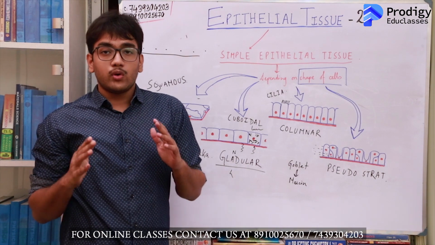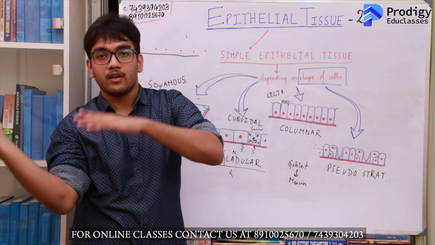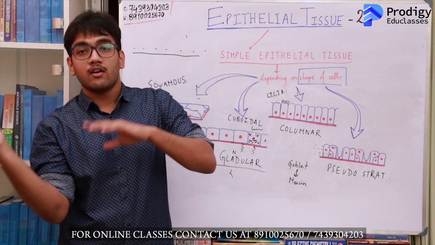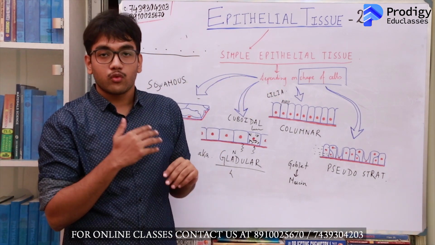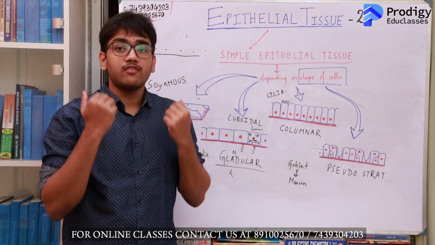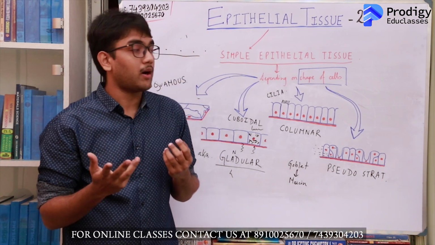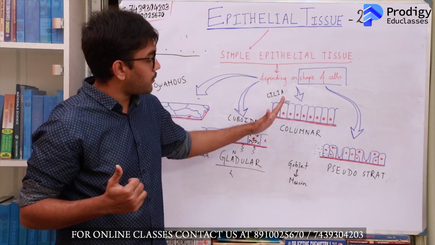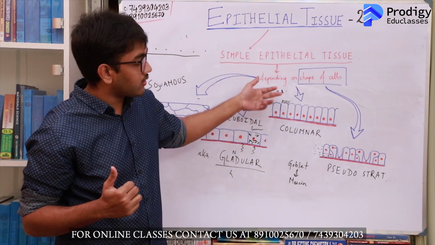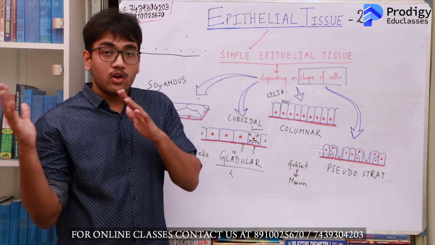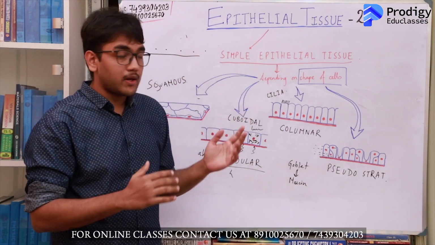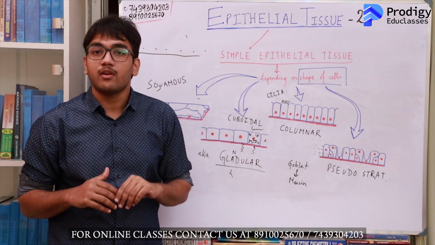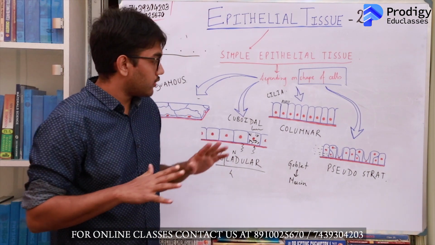If you have looked at a wiper of the car, they move like this. So the function of the cilia is to undergo rhythmic movements from inside outwards. When we inspire air, a lot of foreign particles, dust particles are present in the inspired air, which are filtered by these cilia which are present on the luminal or apical surface of these cells. These cilia will move through rhythmic movements and move the foreign particles from inside outwards, thus preventing them from entering to the lungs. Okay, so this sums up.